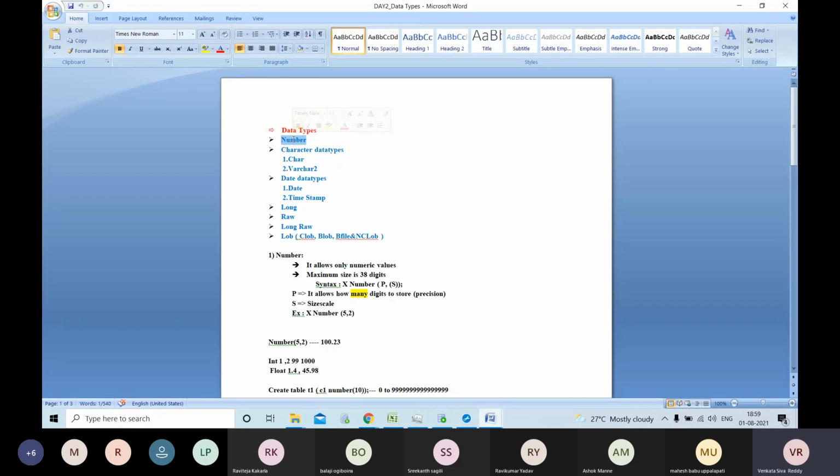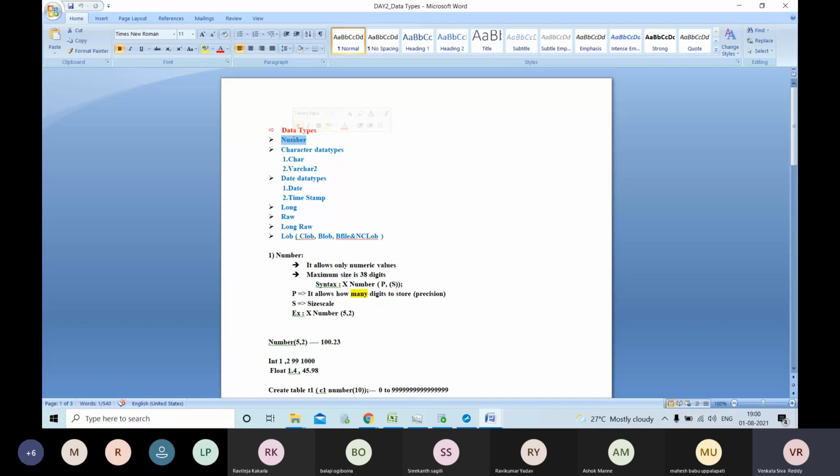To deal with multiple values, we use the float data type. Multiple values in the sense of decimal values. If you want to maintain precision with scale, we go with the floating data type. If you want to deal with only integer values, we go with integer. So in C, C++, Java, we have two different data types to deal with number data.